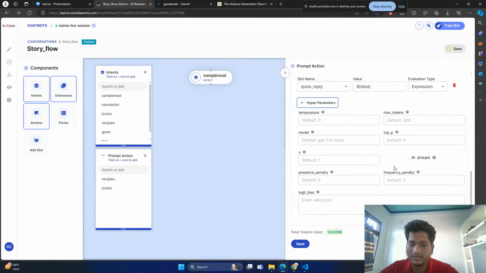Logit bias actually takes a JSON, which this hyperparameter, I think, lets you prevent the model from generating specific tokens or encourage the model to generate a specific token based on your needs. So I'll just show you what the